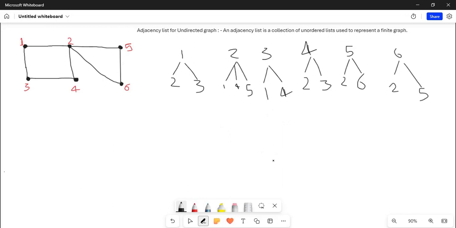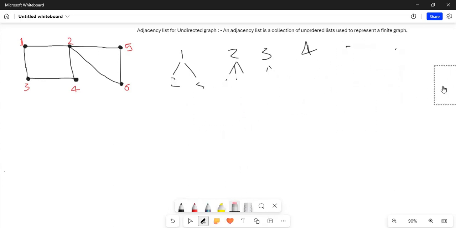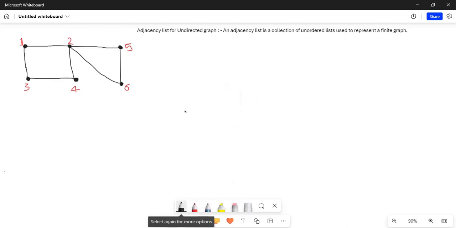Now let's see what an array list is and how it is represented. For every node there will be one array list, because adjacency list is an array list of array lists, or list of lists, and for every node there will be a list.